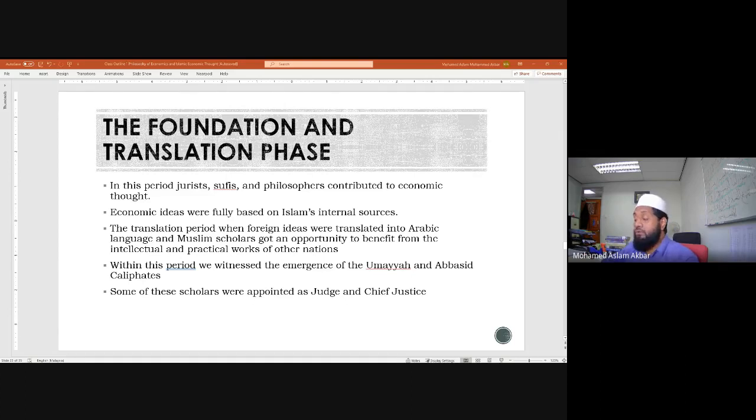and then we have maslaha mursala, which we call public interest. We have saddu dhara'i, which means blocking the means. We also have al-istihsan, juristic preference. We also have al-istishab, which is maintaining the status quo. So look, all these reasoning methods, the methods of usul al-fiqh, are actually helping everyone to understand the